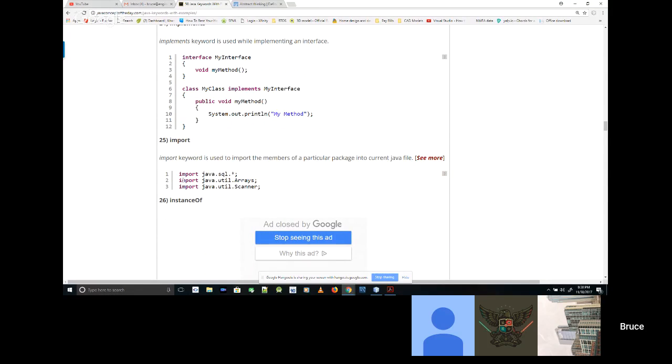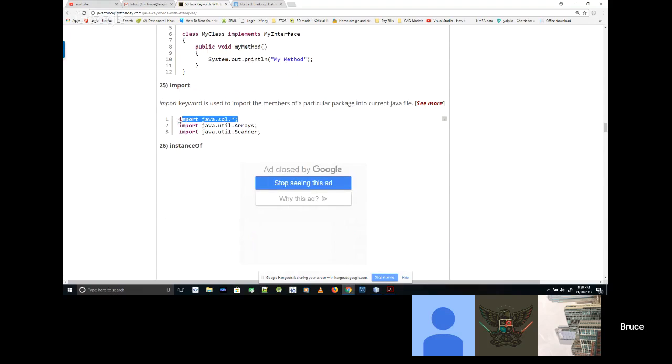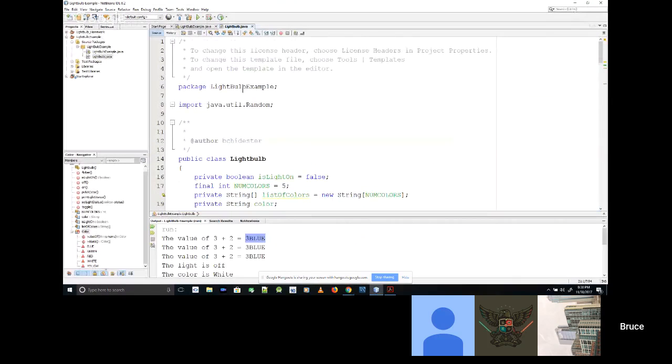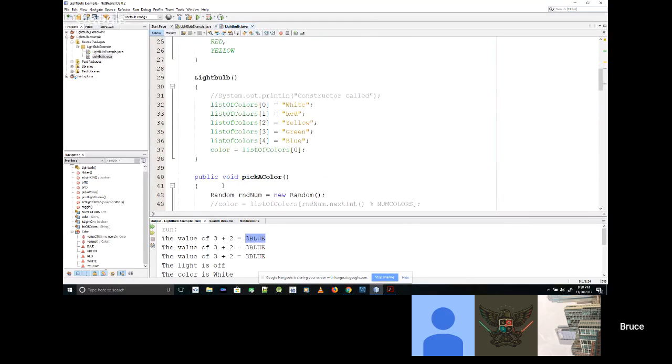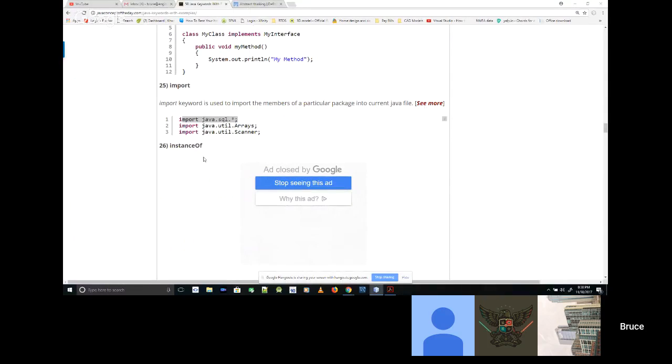Let's see, we know about the imports. It brings in library functionality for us. We've done this quite a bit. One of them is done for us automatically. If we wanted new things like our random number thing, it required us to import java.util.Random. The reason we know that is because when we tried using it, it complained, and then we wanted that functionality. So our development IDE actually told us the answer to that.